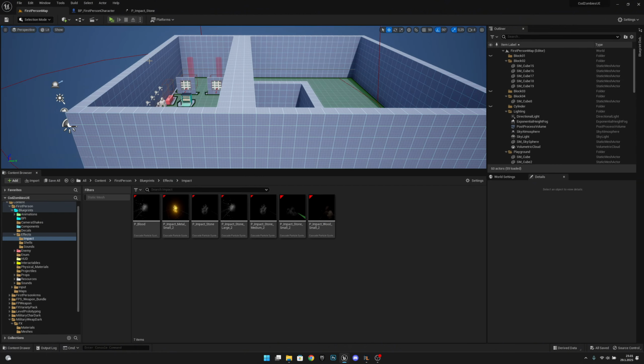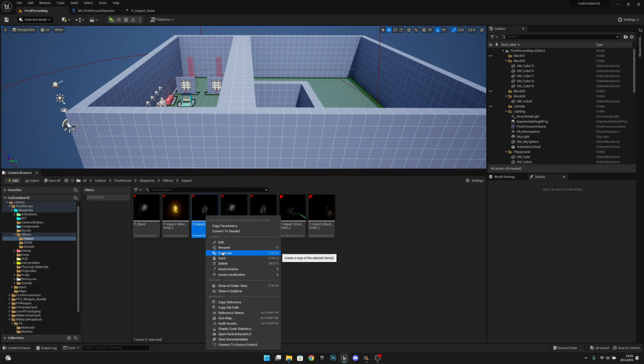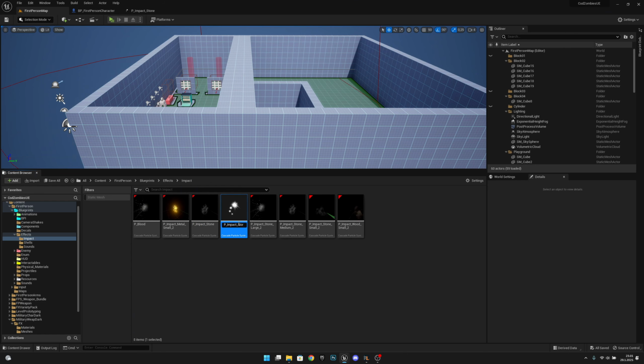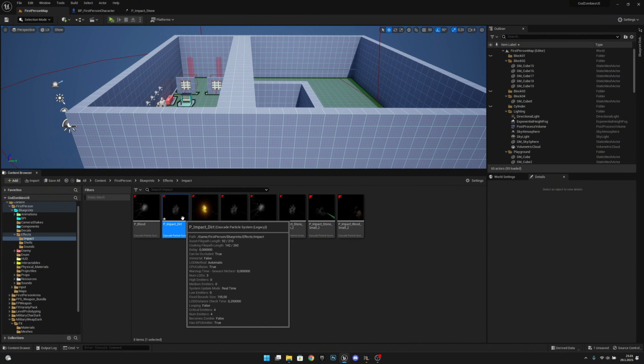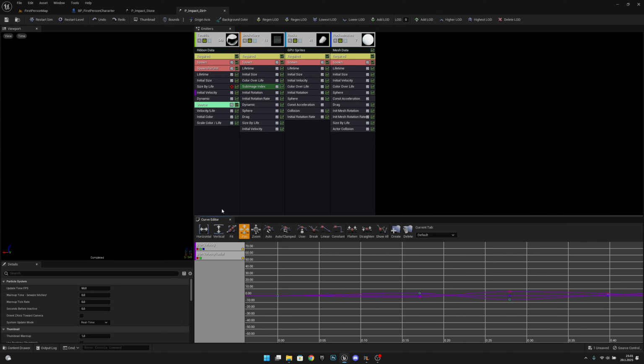Let's go back to the first person map. Now we have this P impact stone. Let's duplicate it. And let's call it P impact dirt. And let's open it. And here, what we want to do is we actually want to go to the